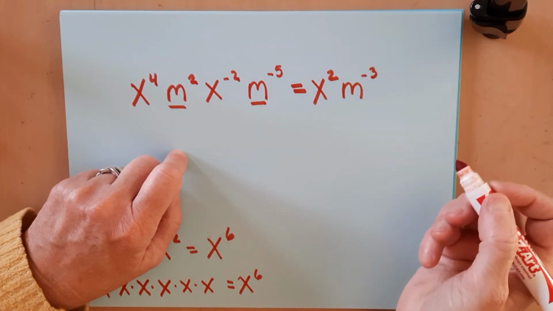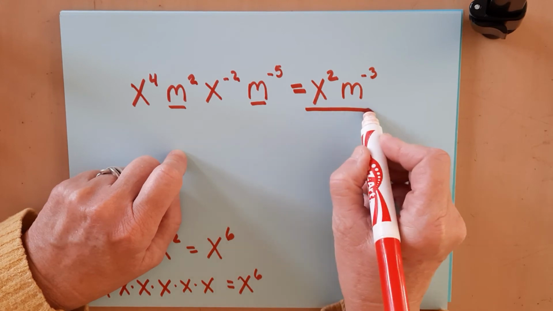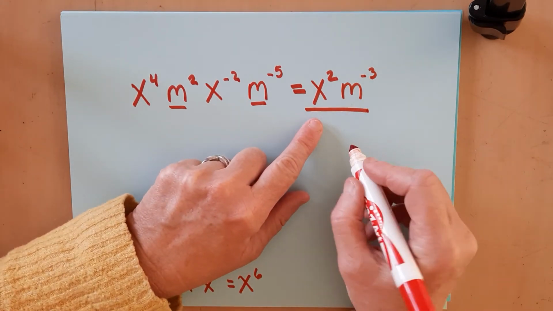So that becomes m to the negative third. So this is your answer. You can also write it as